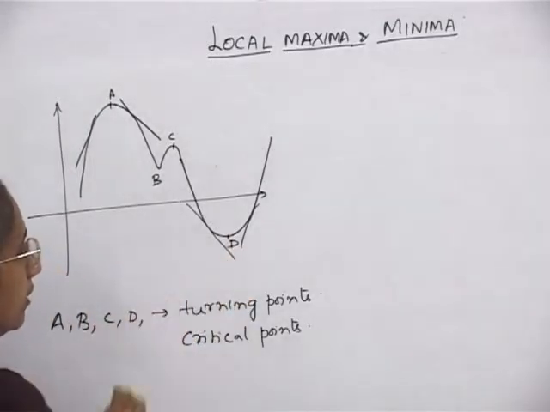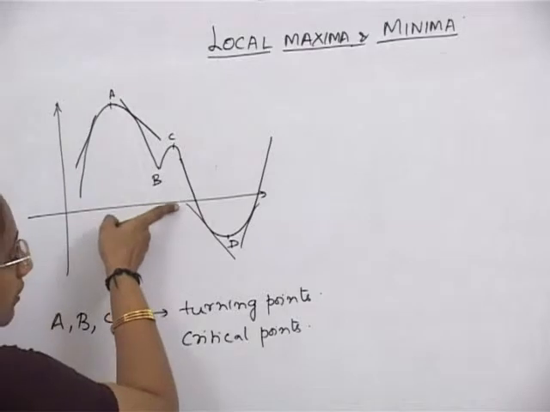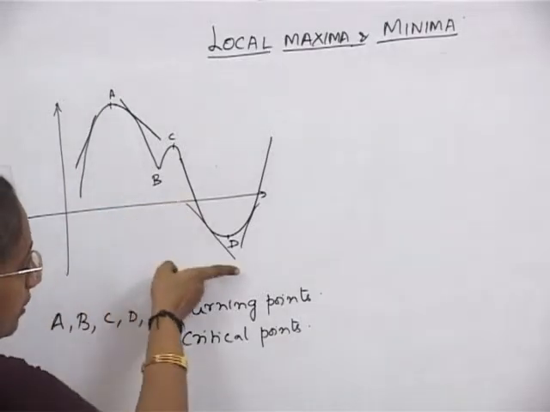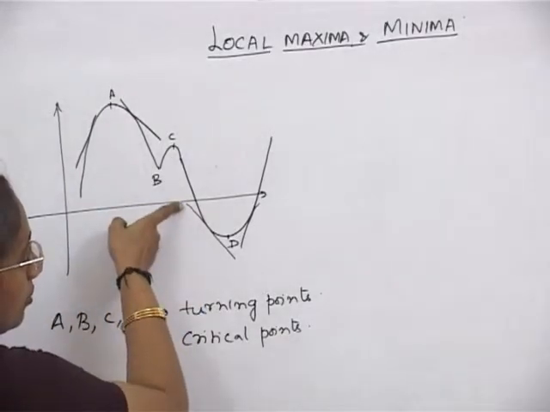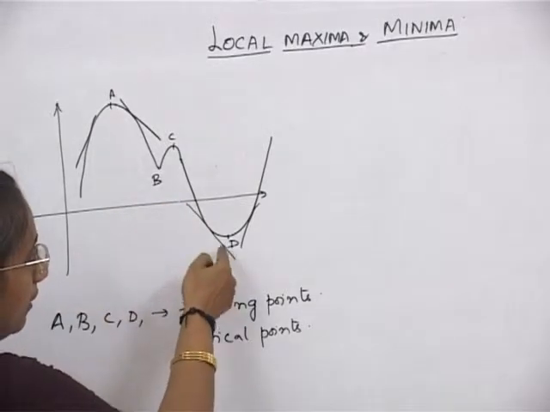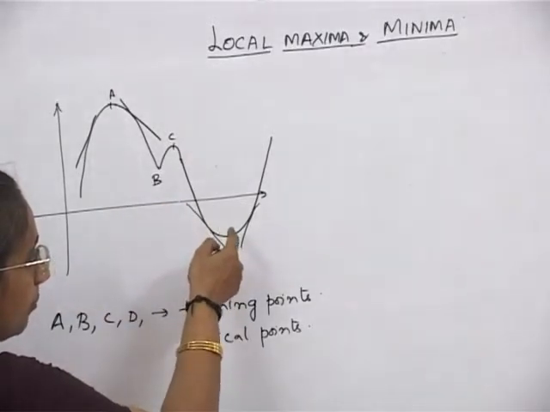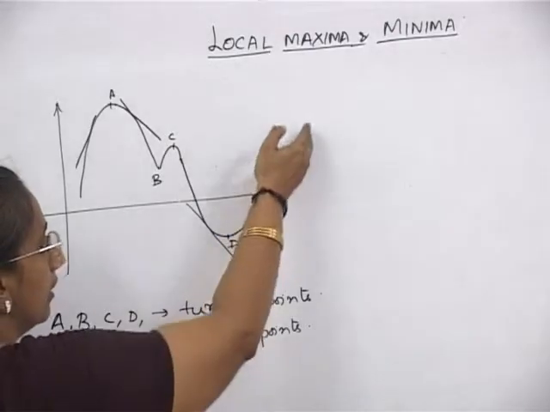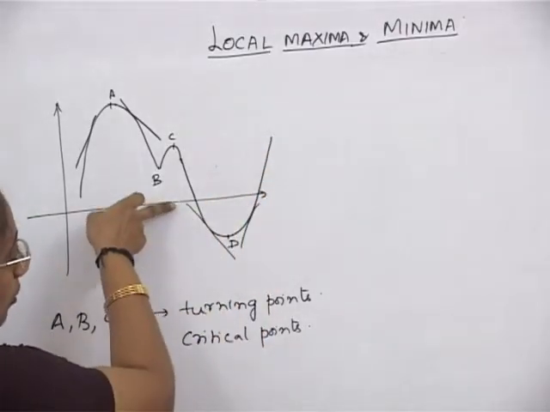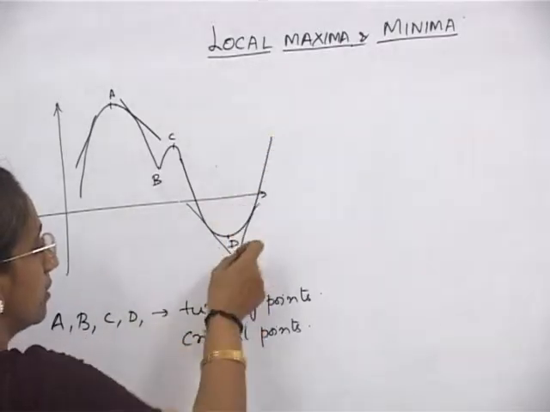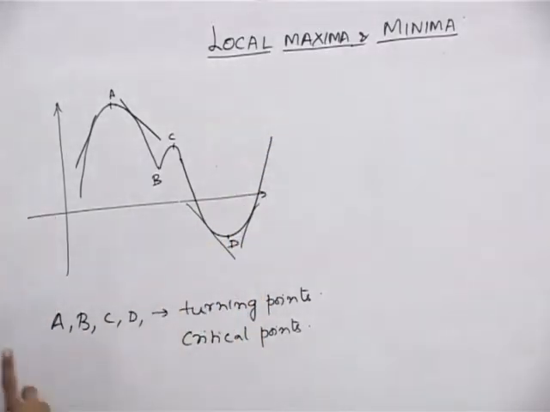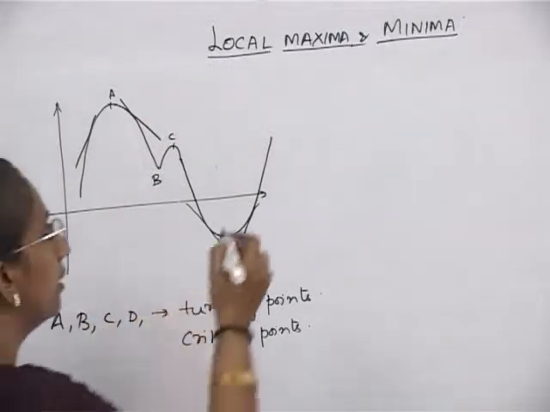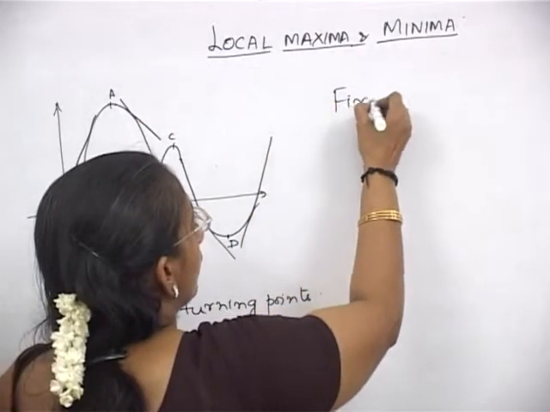Similarly, consider the point D. Now what happens? The tangent is going to be like this, so it is going to keep on decreasing, and then it will change its sign at the point D, and then it will start increasing. Therefore, it is going to decrease and then increase. Therefore, D will be a point of local minimum, and the value of the function at the point D is going to give us the local minimum value. Now this we will consolidate in what is called the first derivative test.